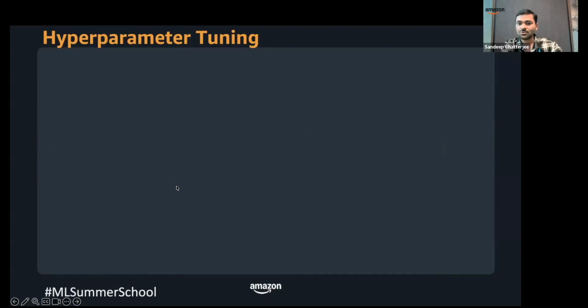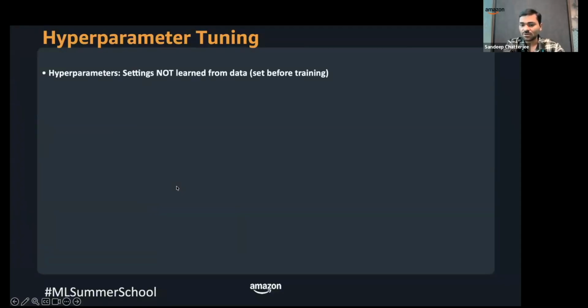Now coming to the next topic of hyperparameter tuning. Up to this point, we have talked about how algorithms learn from data. But there is a whole separate category of settings that the algorithm cannot learn on its own. Those are called hyperparameters. These are like the control knobs. Think of hyperparameters as the control knobs on a machine, and you as the ML engineer have to set these knobs first before the training ever